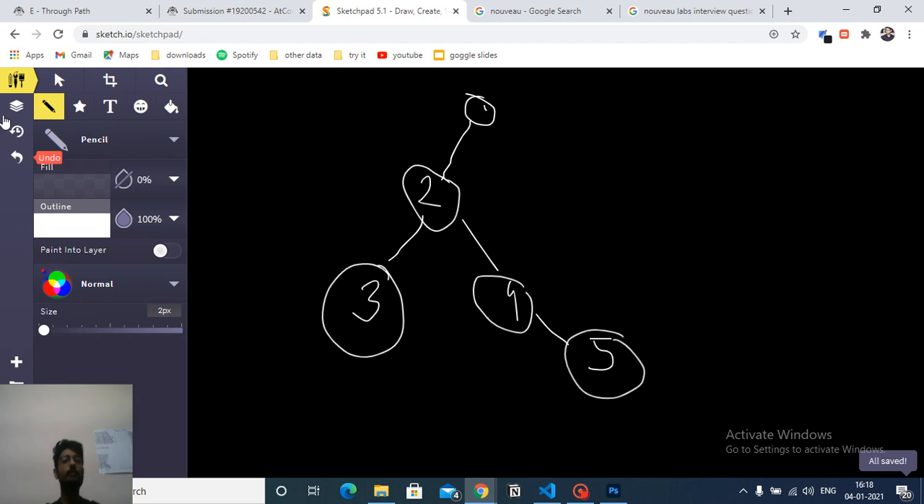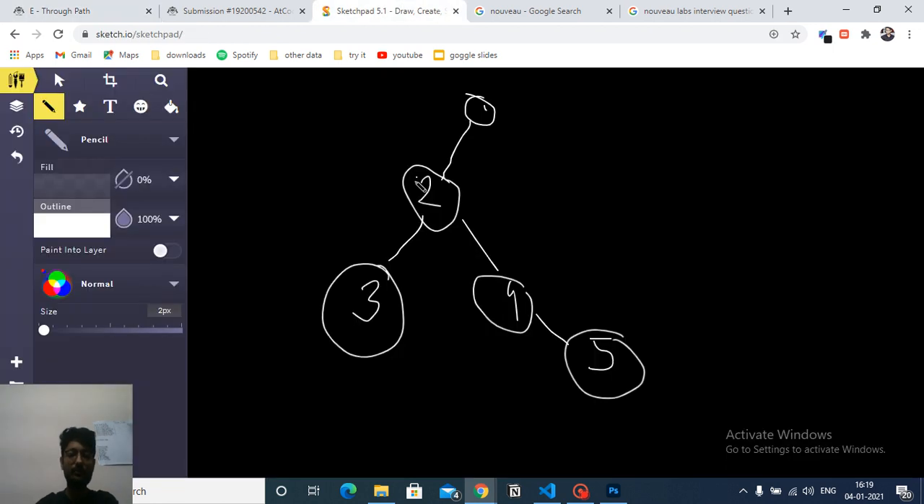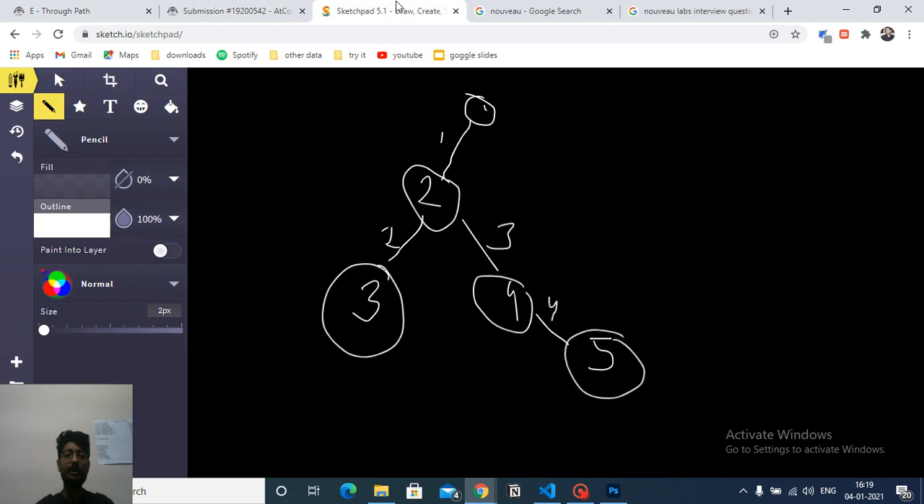Now what the problem statement states is that in the ith query, if the query is of type 1, then for every vertex v reachable from the vertex a of ei without visiting the vertex b of ei but traversing edges, replace cv with cv plus xi. So if every edge has some number now, 1 2 3 4, then in this problem, if they tell you e of i, the a of 1 and b of 1, it just means that if e of i equals 1, then for each vertex v reachable from the vertex a1 without visiting b1,